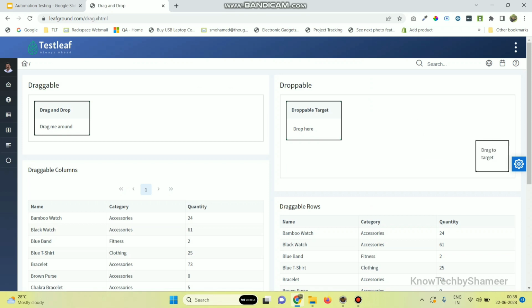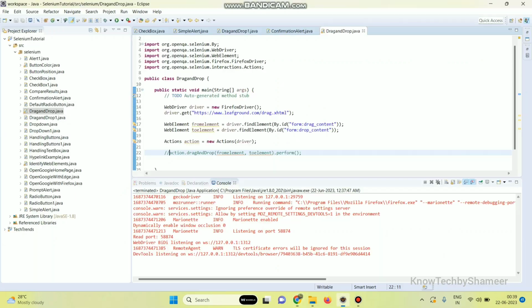That is, we are clicking the mouse of this drag element and move the element to the target place, and then we are releasing the mouse. That is, click and hold the mouse and then move to the target element and then release the mouse. So we need to do the scripting for the same actions. That is, this action